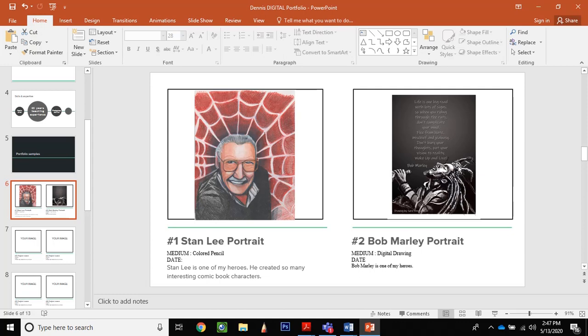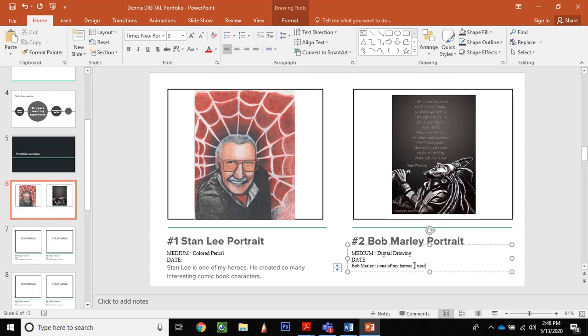I then took that digital drawing and imported it into Photoshop and then added the text. These are some lyrics from one of his songs, and then I finished it out in Photoshop. So the medium for this one could be digital drawing. You can see again that Bob Marley is one of my heroes. I could then add something on there,